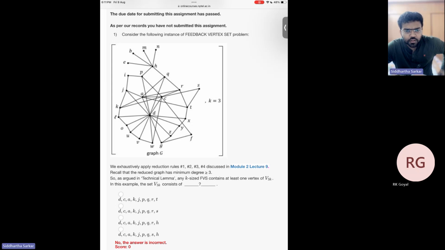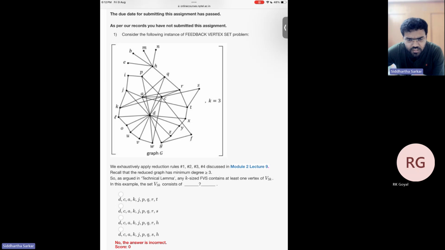So you've been given a graph, and the question is, can you remove 3 vertices and of course the incident edges so that all the cycles are destroyed? And to do so, as usual, there are some kernelization rules, reduction rules, and after applying these reduction rules exhaustively, you are left with what is called a reduced graph, and its minimum degree is at least 3, that is from the video. And then there is a technical lemma